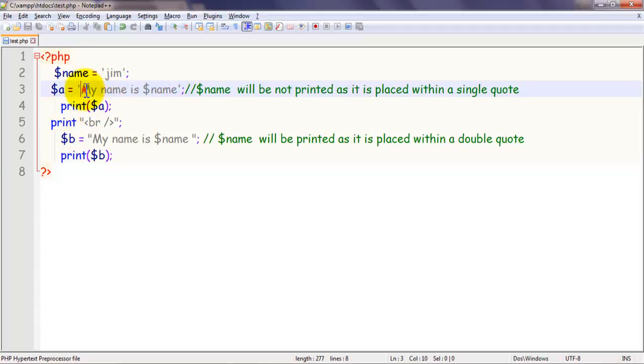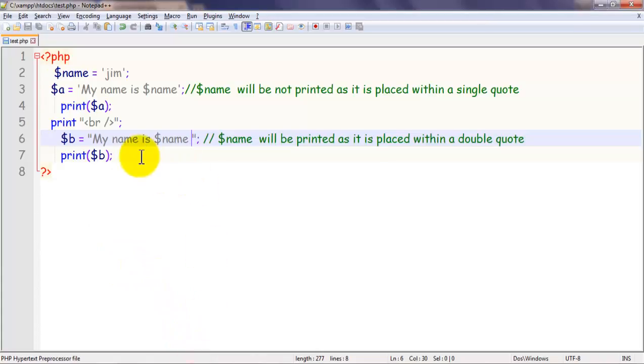This whole string is quoted with single quotes, so this $name will not be printed. Then I am taking another variable $B that is equal to "my name is $name". The whole string is quoted with double quotes, so it will print without error.